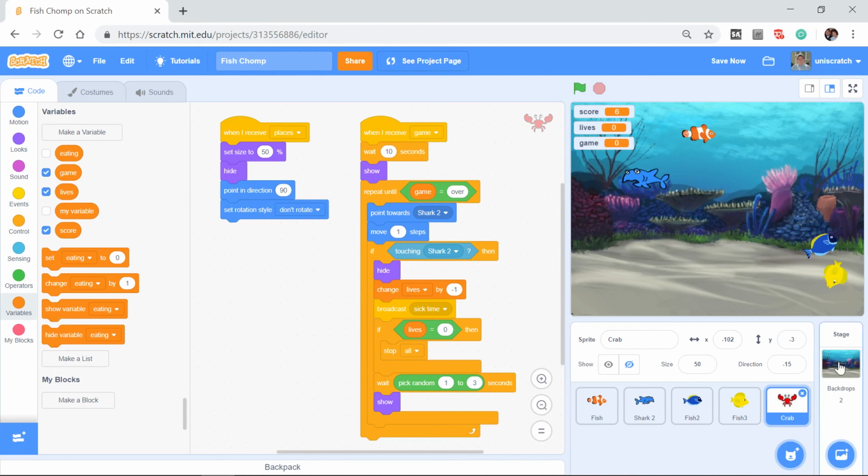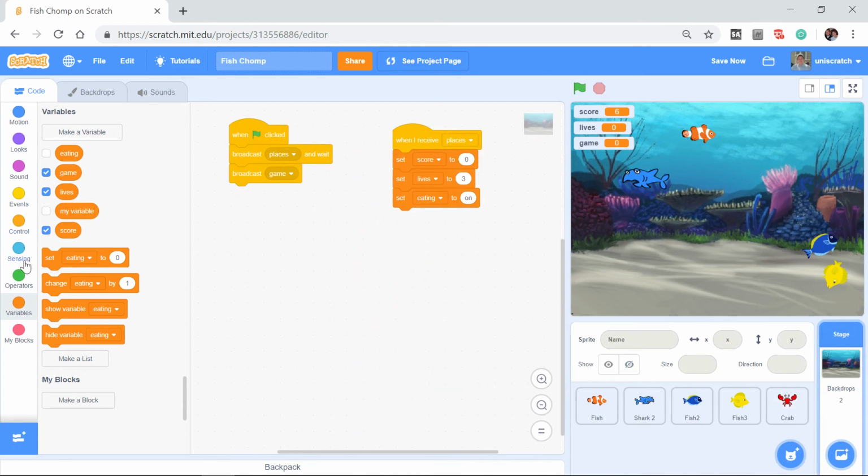Right? So let's see, if we're going to add that idea of a variable in our places, everybody, we have to set game to, truthfully, we can set it to anything other than over. I'm going to say running just so we know it's happening. I'm going to turn off that. We don't need to see it there. And then the idea is, well, when does the game go to over?